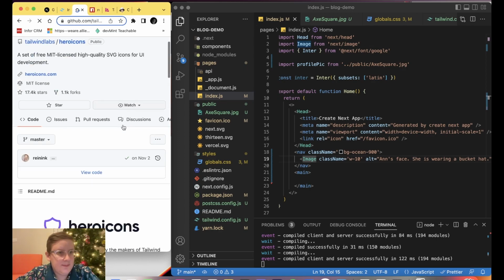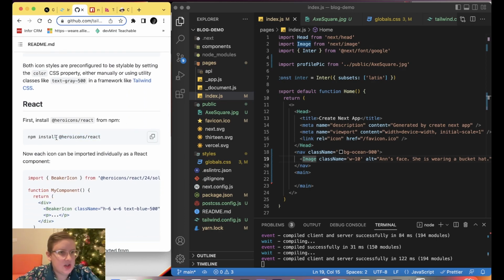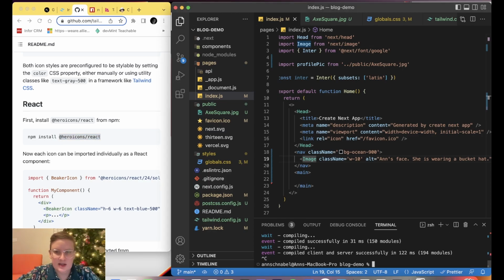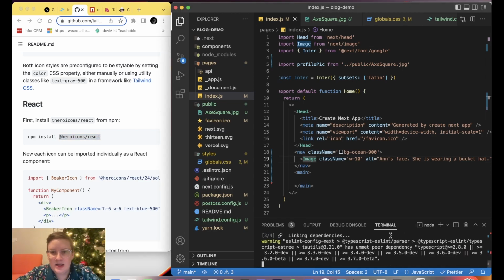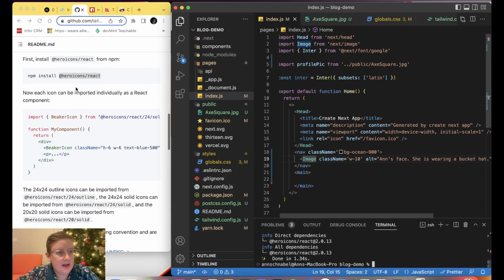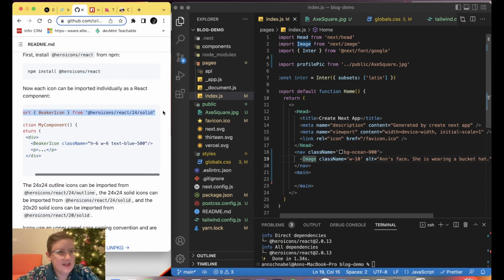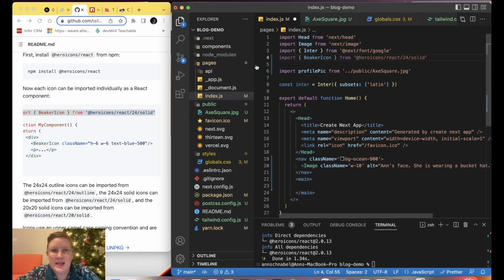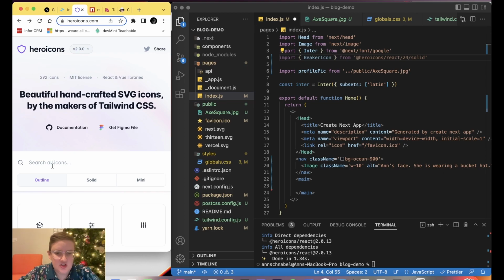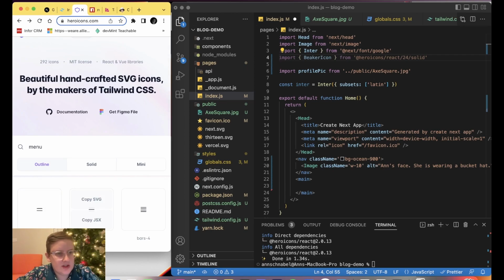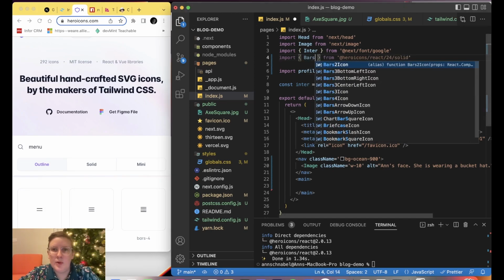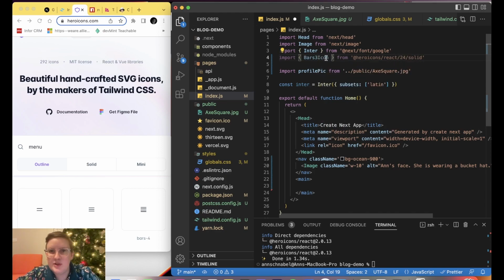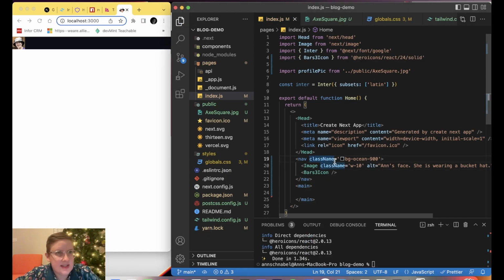Next, we are going to get Heroicons in here. We're going to go to documentation, and we scroll down. We see that first we need to install it. So I'm going to copy yarn add @heroicons/react, and then it looks like we import icons like this. So I'm going to copy and paste that, go back to the site, and search for the icon we want, which is a menu icon. This Bars3 one looks good. So instead of BeakerIcon, I'm going to write Bars3Icon, and you see it comes up too, so we know it's real. And I'm going to put Bars3Icon. And now when we save, we should see